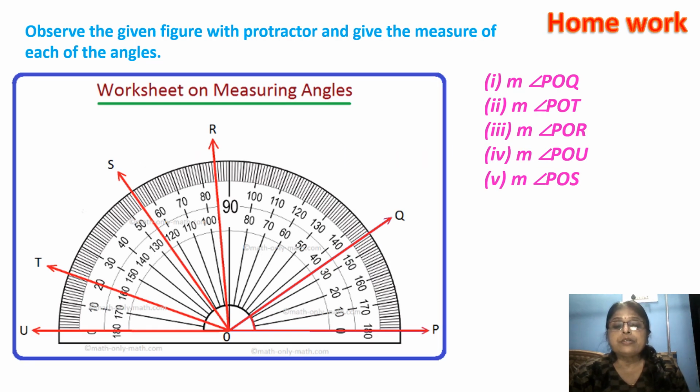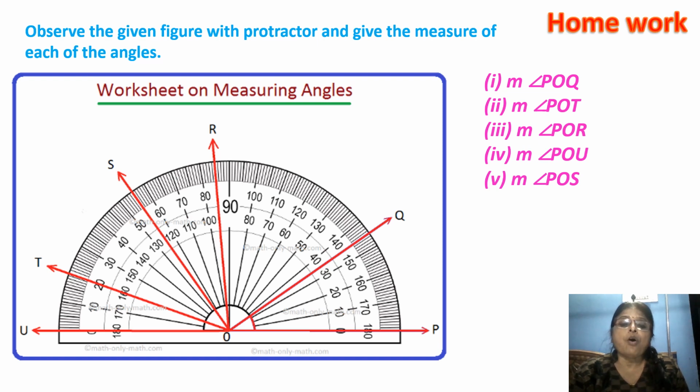Students, now it's the time of homework. In homework, I am going to give you some new things. All of you see it, think over it, and then try to solve it. Very easy questions. So first give 2 or 3 minutes, 5 minutes for thinking. Then you try to solve it.